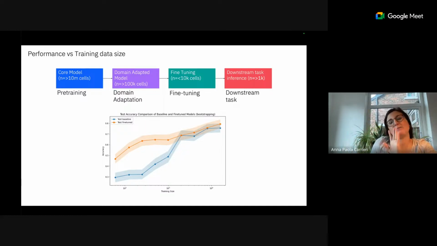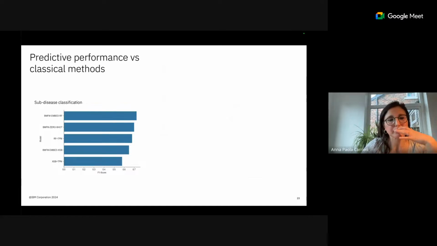In that case, to do the inference, you might need 1,000 cells, but you could also use 50 because inference is a downstream task. Again, I'm being very vague here because we can't present the results, but this is an example of where we are now with some of the things that we are doing, where we can see an improved accuracy of 2% using a biomedical foundation model rather than classical machine learning.